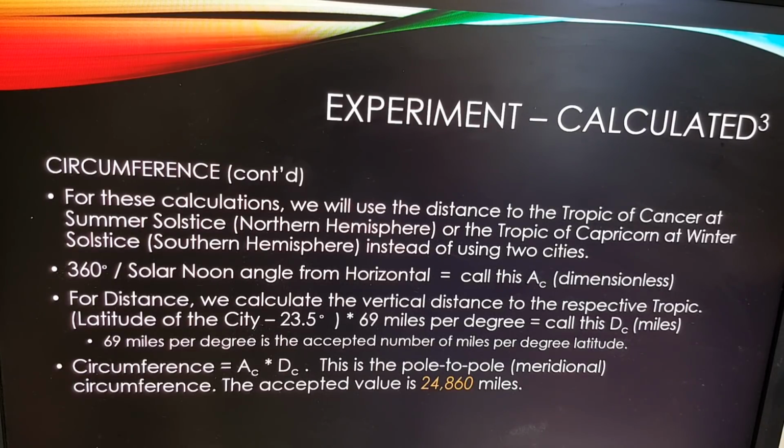And I'm doing that instead of using the 2 cities as Eratosthenes did. For distance between the city and the distance to respective tropic,